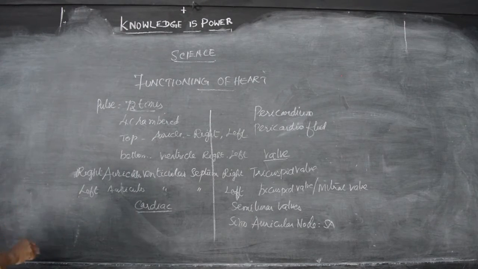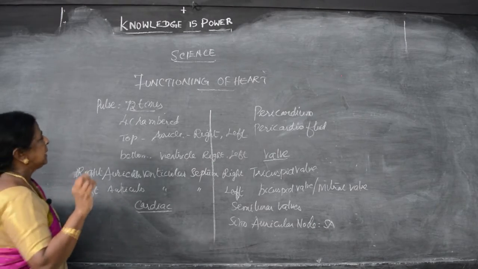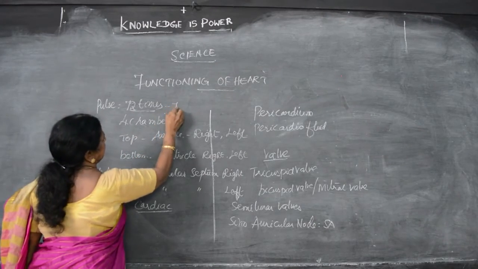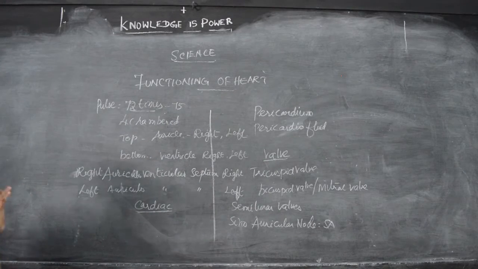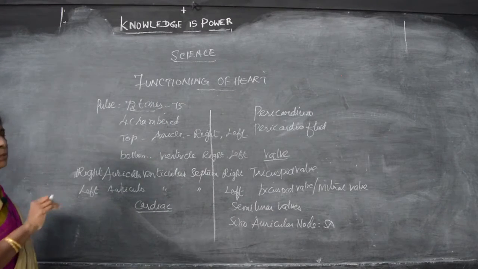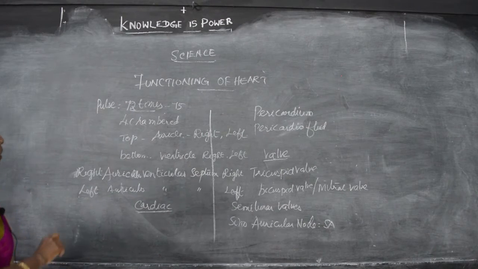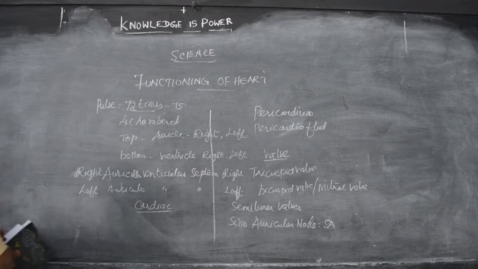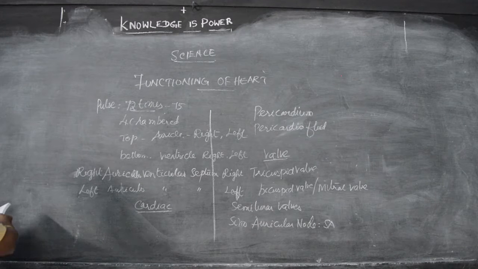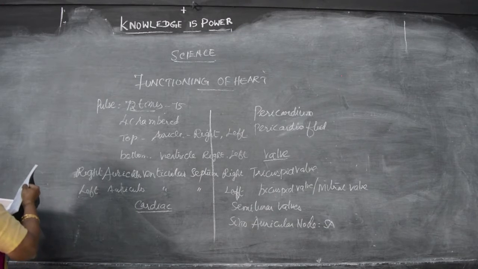This pulse rate helps us find out whether we are in a normal condition or not. So what is the normal pulse rate? 72 to 75, but exactly it should be 72 only. It may change due to emotion or some other time also. The heartbeat is the same, 72 times a minute. Normal pulse rate is 70 to 90.